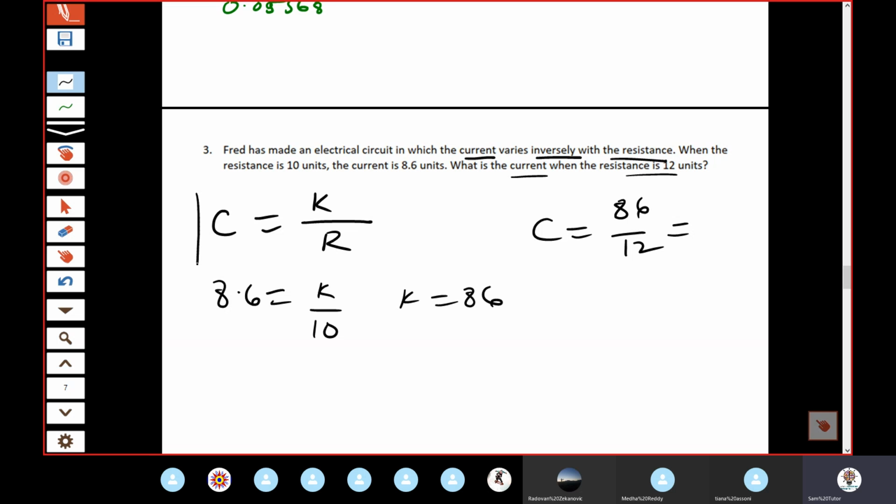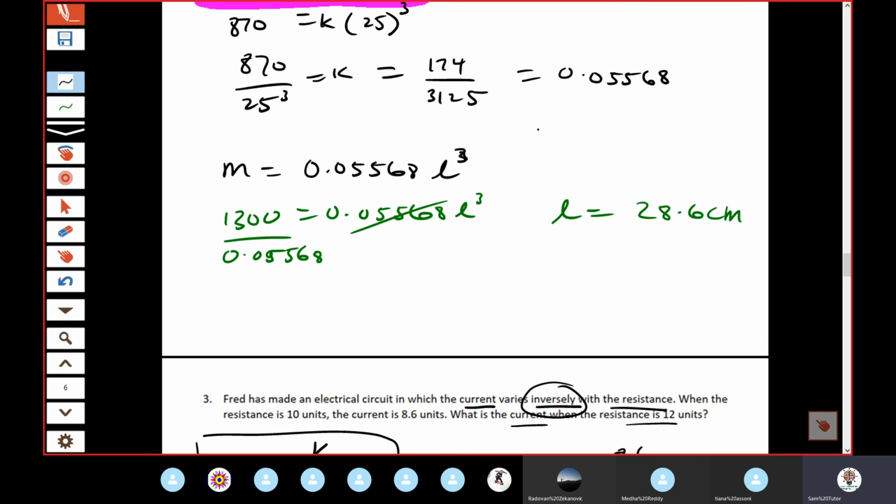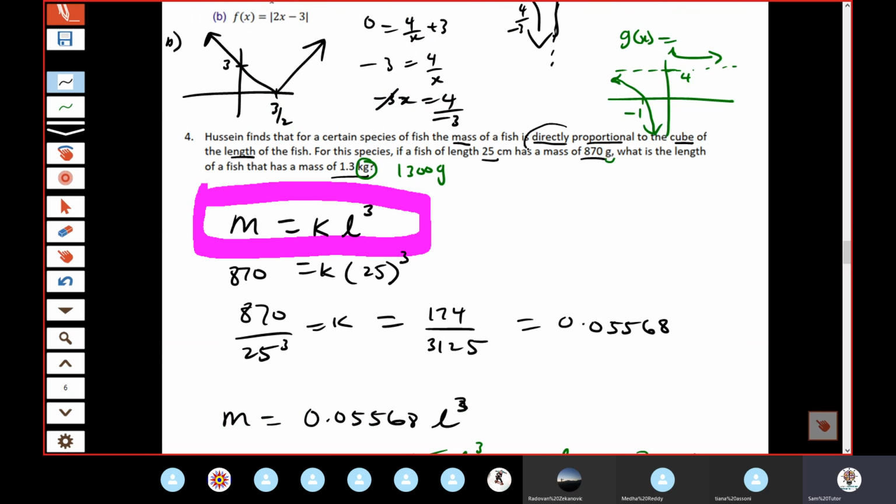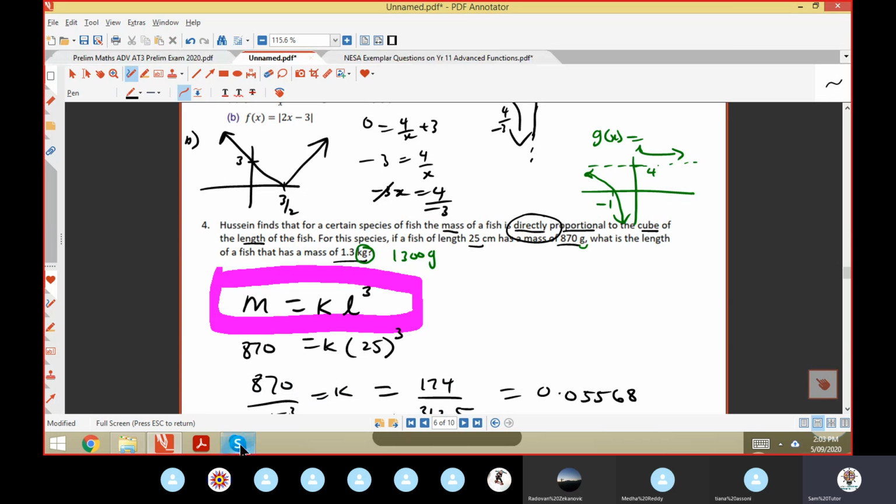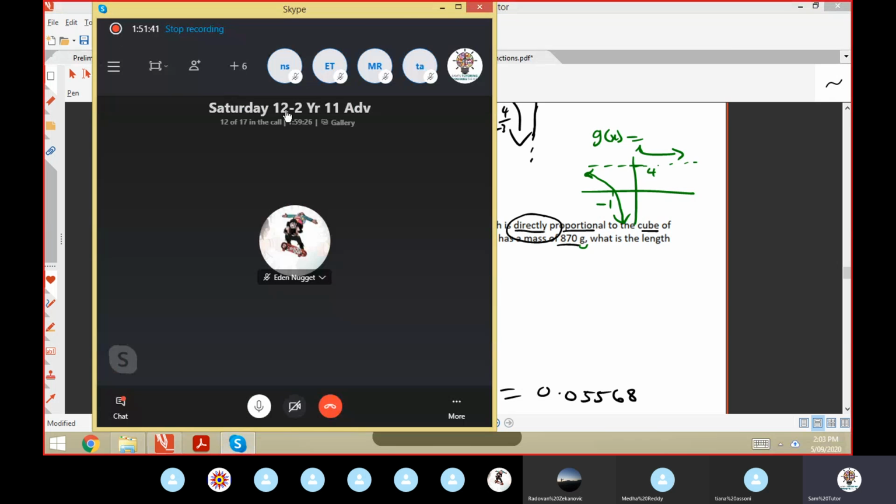So you can see without the first formula, you're going to get stuck. Keyword there was inversely. This one was directly. And then cube length. All right, if you've got any questions, please stay back. Otherwise, I will